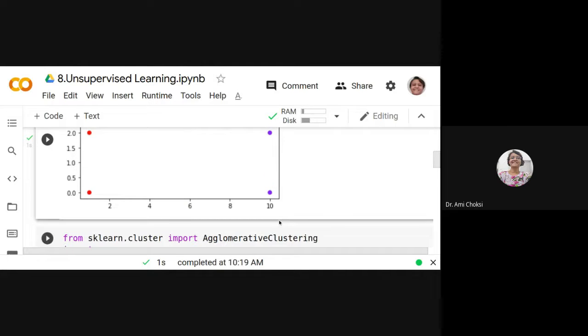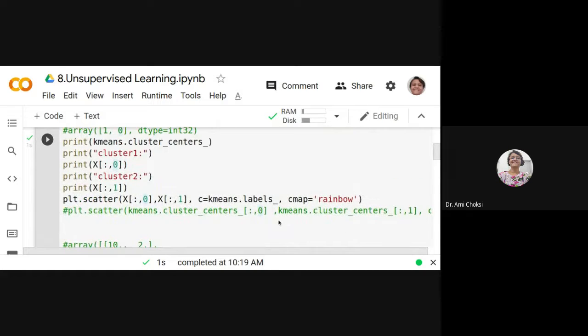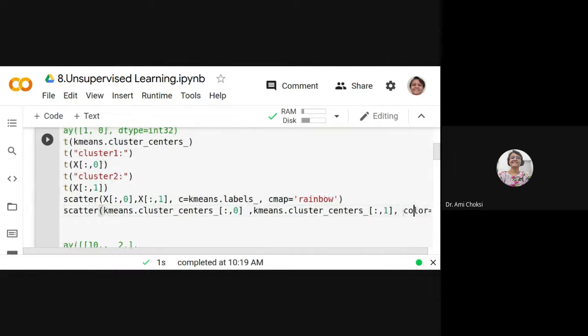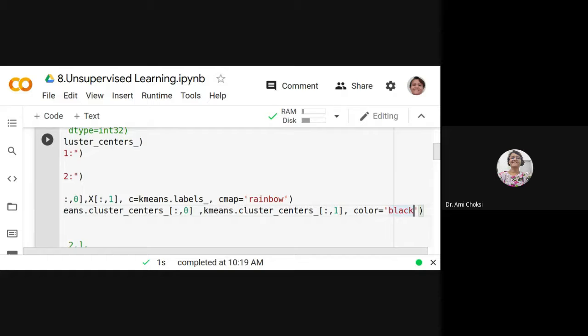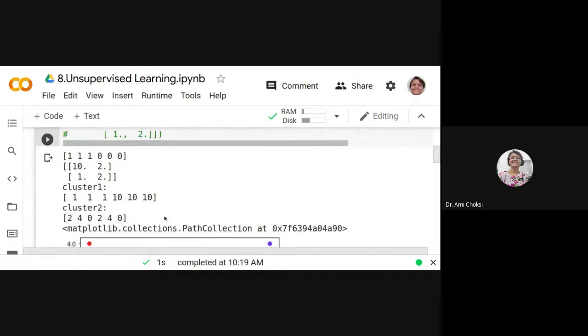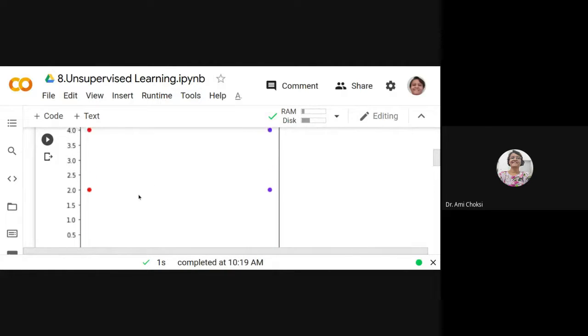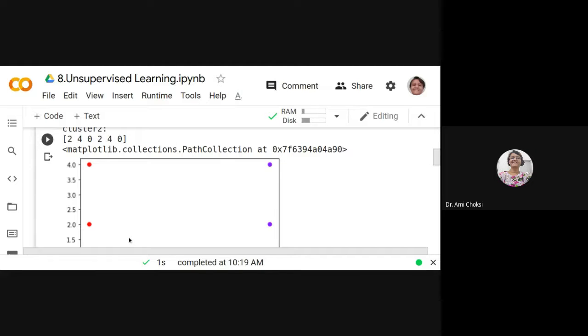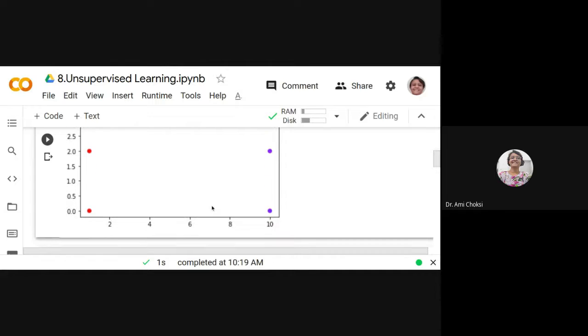Now, if we want to see the cluster centers, what we can do is, we have to uncomment this line. What it says is the cluster centers, as we know that they are the 0 and 1 cluster. So their centers, and after that, color is equal to black. So we are making our centers black. So this is the original, right? Where we are having the red circles as part of cluster 1, these violet circles as part of cluster 2. But now we'll be making the center